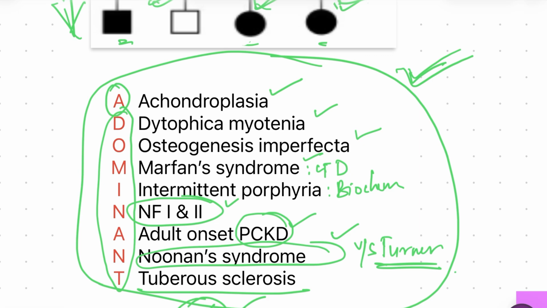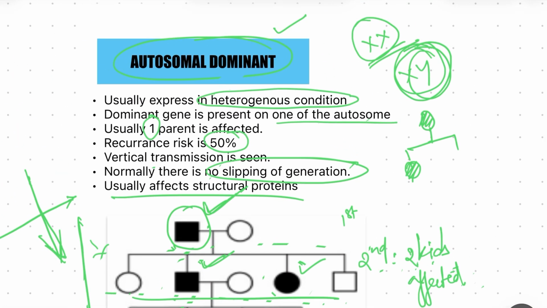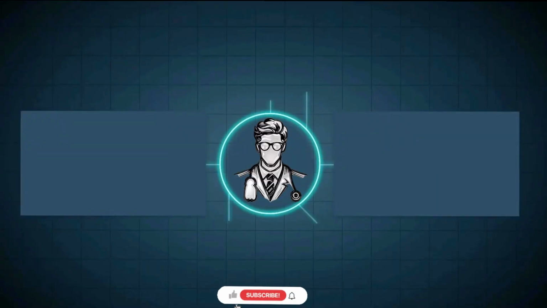So in this video, we learned what autosomal dominant disorders are. It comes under Mendelian inheritance. We have autosomal diseases and X-linked, and in autosomal diseases, we have dominant and recessive. We learned autosomal dominant very clearly along with its pedigree and what criteria it has to pass, and we learned how to remember some good examples. No need to mug up all the examples unnecessarily. I hope